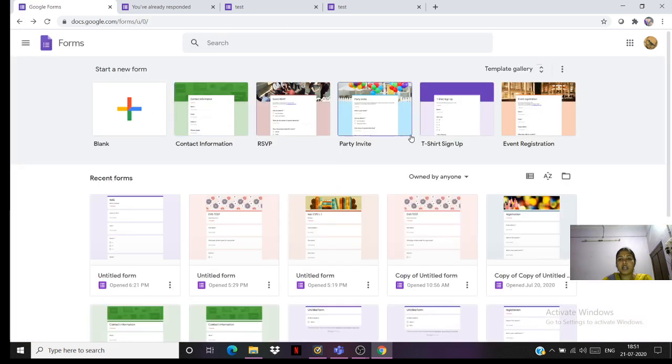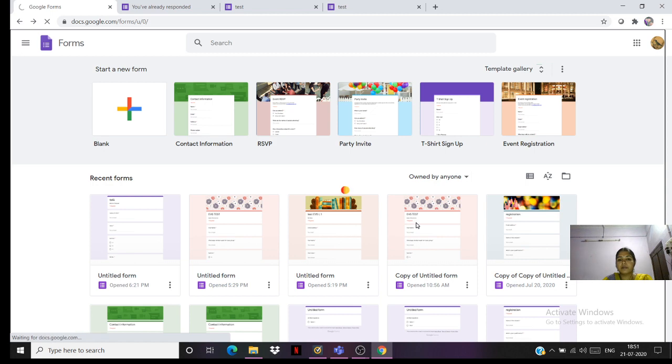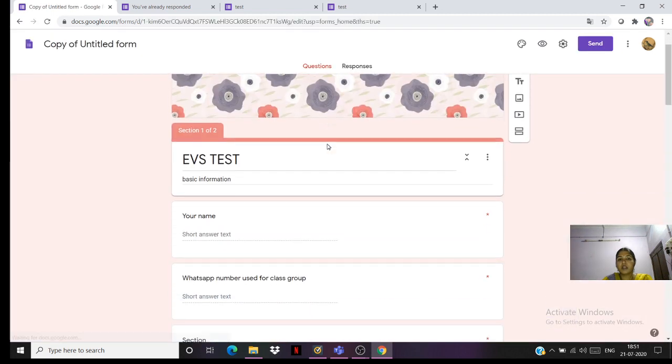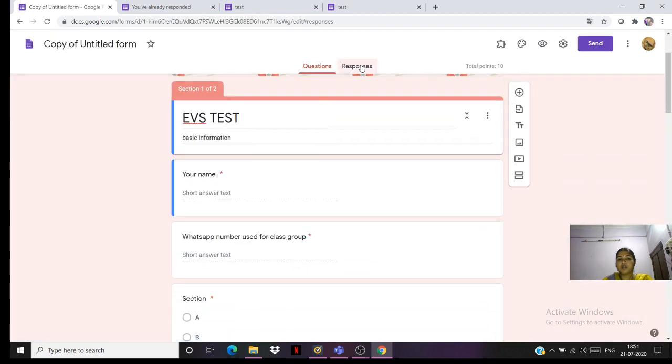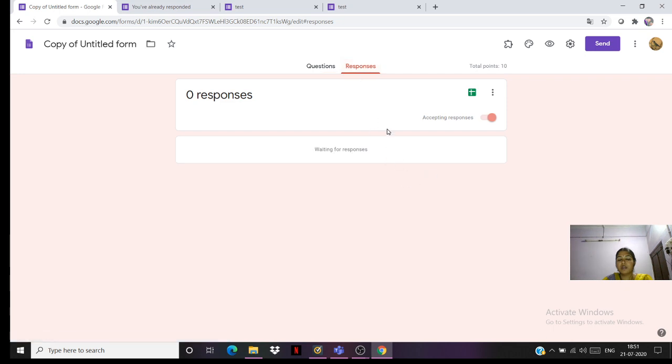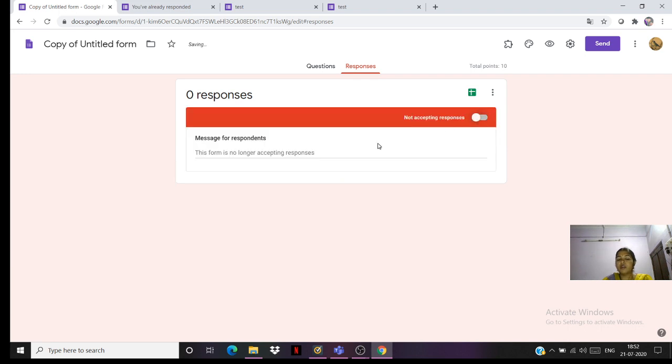I'll go to the form which I have made. Now here I want to see the responses. It will take some time to show the responses. Now if we see this button, it is allowing the child to keep on giving responses. If I close this, it will stop accepting responses.